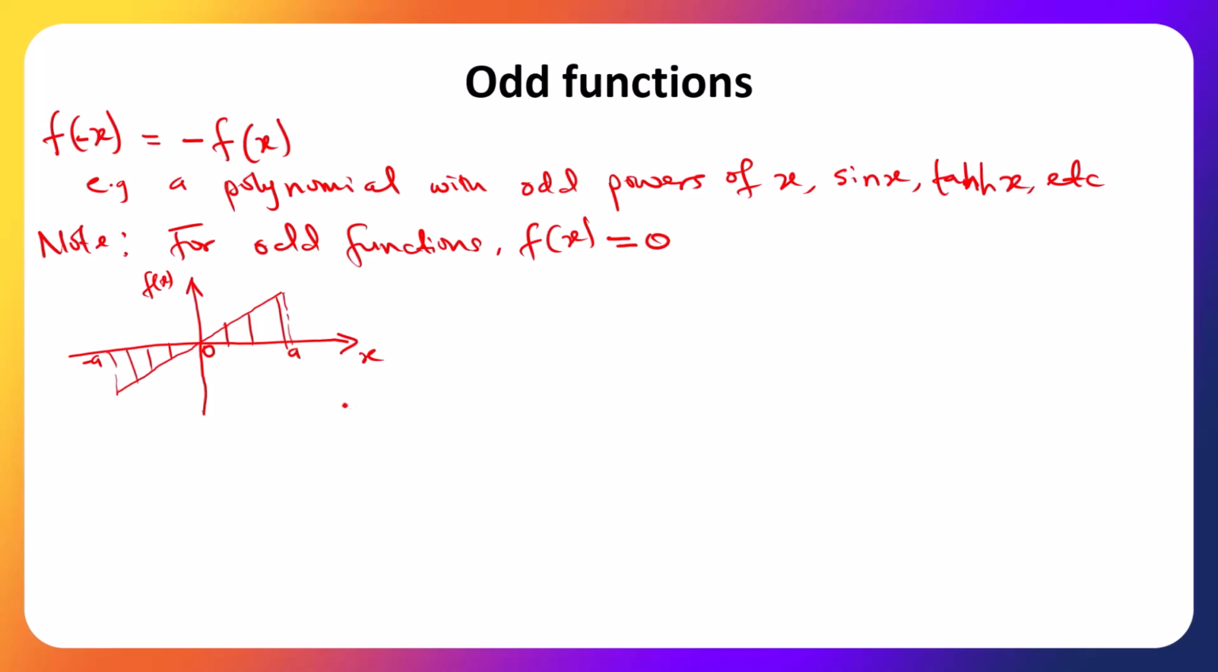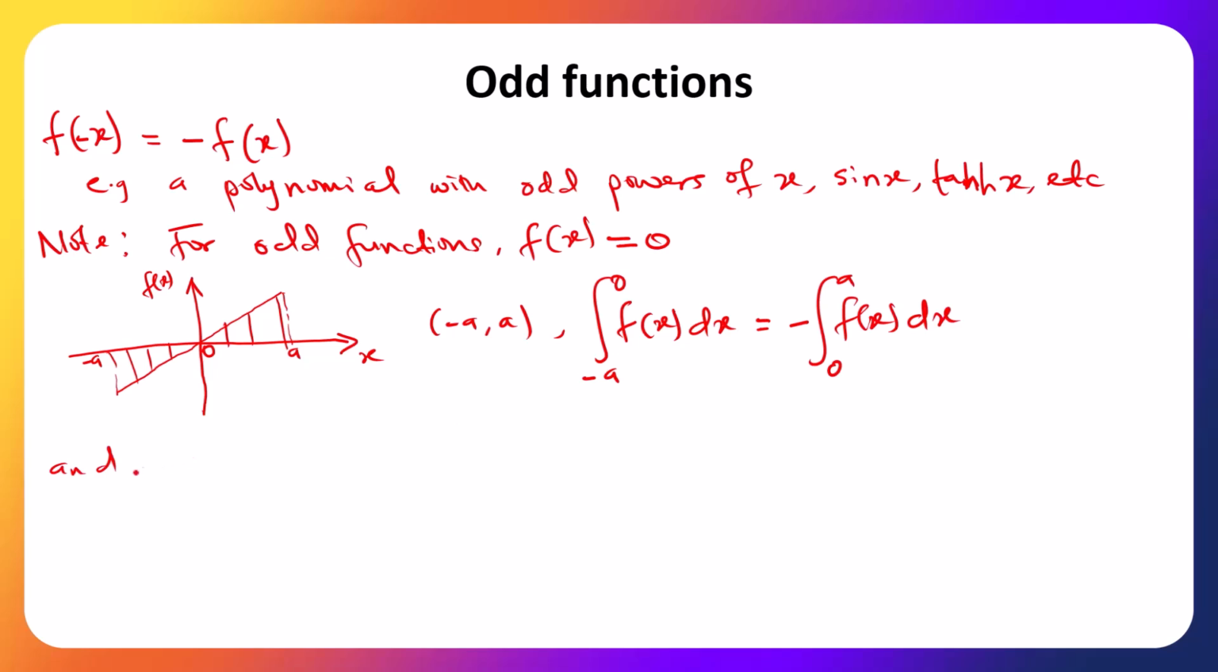So for this sketch defined over an interval minus a comma a, then we can write that if you take the integral moving from minus a to 0 of f of x dx, this is equal to minus the integral from 0 to a of f of x dx, and we know that if we move from minus a to a, the integral of f of x dx in this case is always equal to 0. So for this reason, we can say that